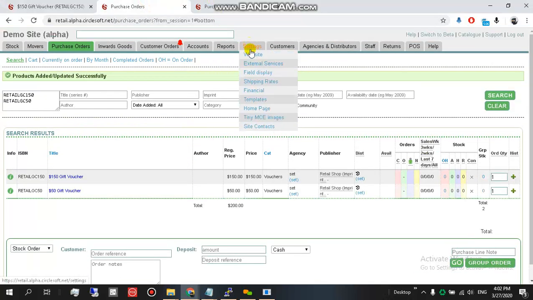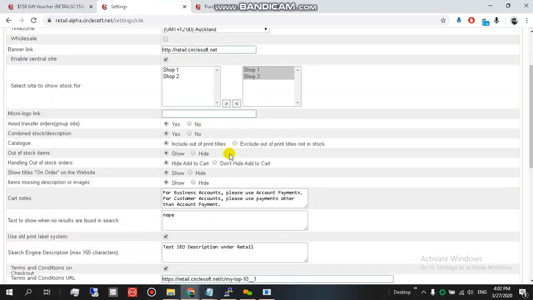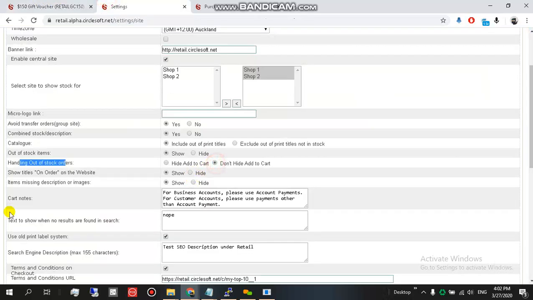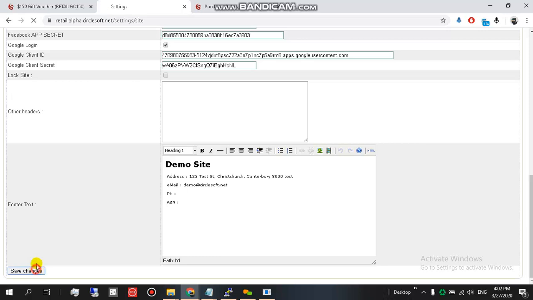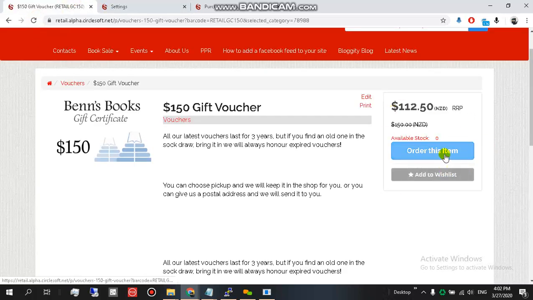It is simply configured here under settings website. So here you can toggle the handling out of stock, so hide add to cart, so that you don't allow those out of stock items to be purchased. You can enable that. Okay, save changes, and you see that there will be an order this item. All right, now